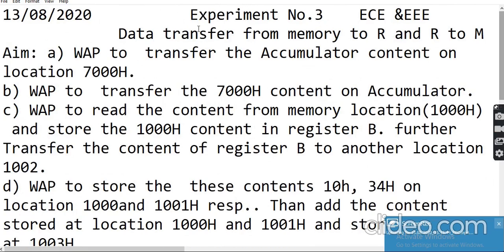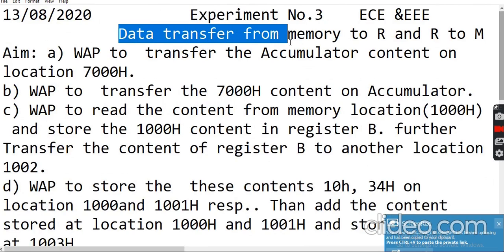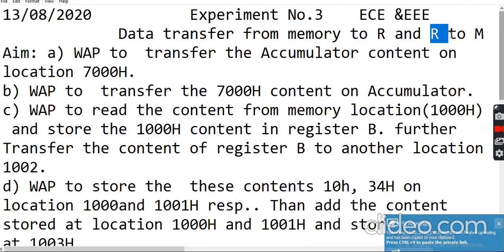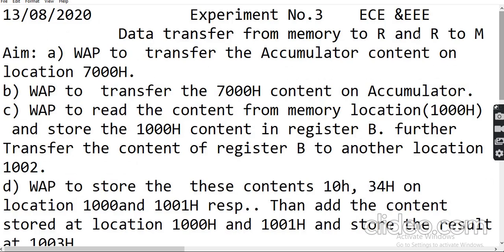Perform the experiment number 3. The agenda of this experiment is data transfer from memory to register and register to memory. In this experiment we will learn how to transfer the data from memory to register and register to memory. To perform this task, we will start with this program: write a program to transfer the accumulator contained on the